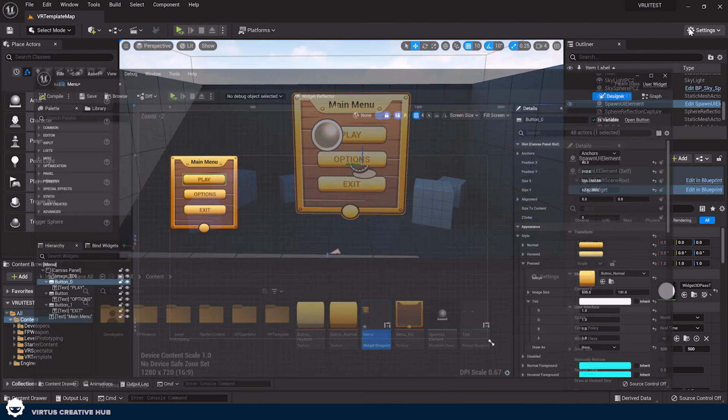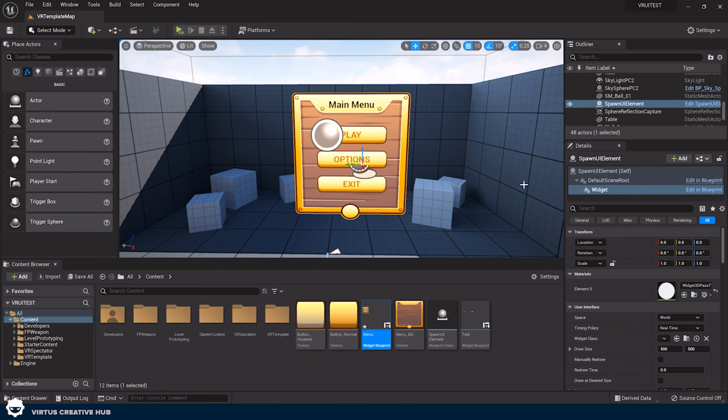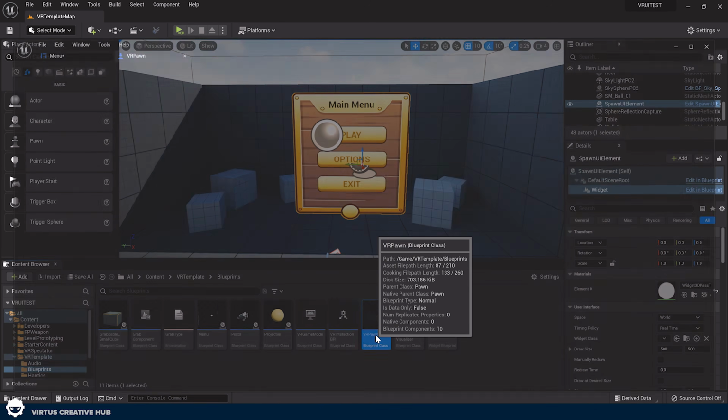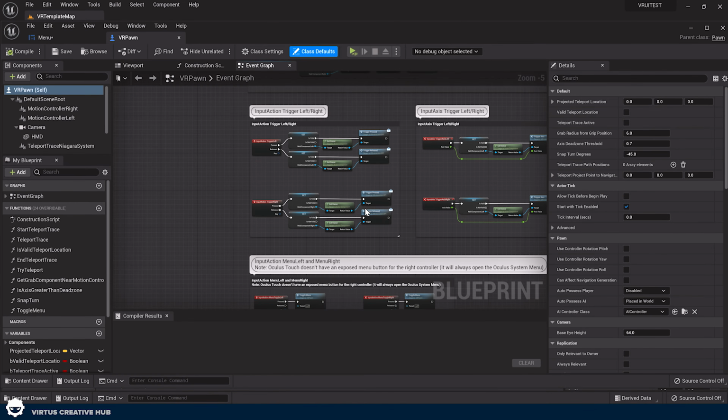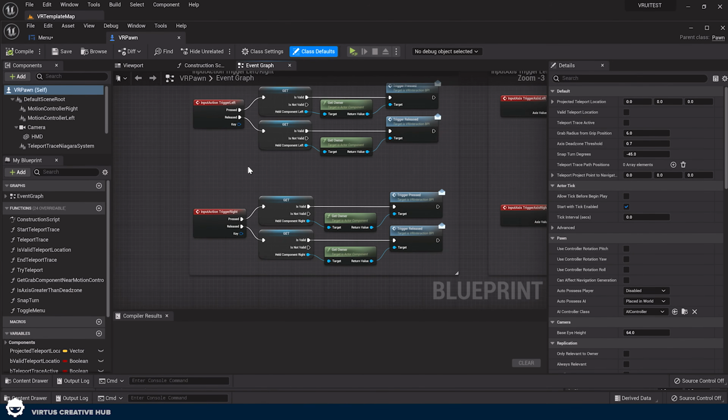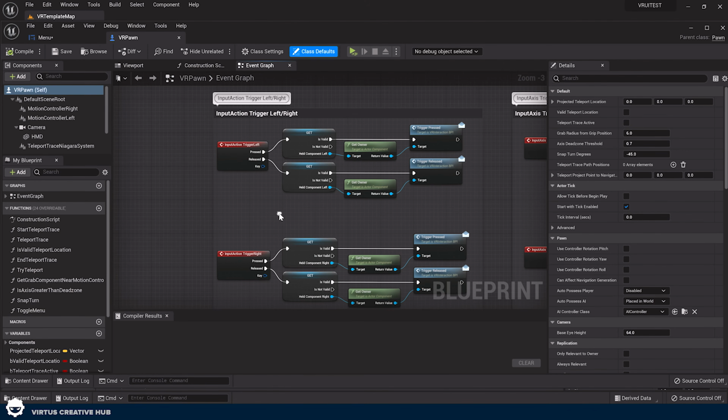With that being done, with my functionality being set up for that exit button, let's go ahead and hop into our VR pawn class under VR templates and blueprints, and inside of here we're going to set up the functionality to get those interaction components working like the left mouse button. To do this, we are going to find our input actions for our trigger. Currently, they're set up to work with picking stuff up, and don't worry, you can have both of these at once, but simple code to show you how to actually enable that functionality,